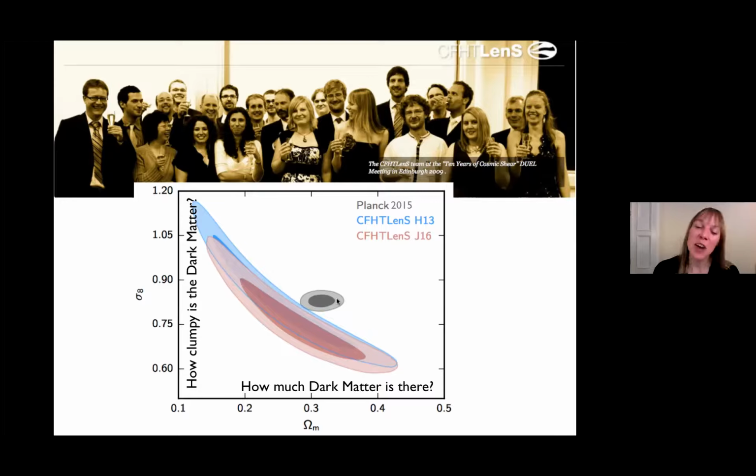Okay, so picture the scene. I'm just a young postdoc. I've shown these results. I've been working on them for years and years, and the establishment disagree. The establishment think that this is wrong, and therefore I must have done something wrong. And every single talk I would give, the establishment, the typically old white male professors, would stand and go, Catherine, can you tell us what you've done wrong? So I really wanted my next project to be right, i.e. I wanted to agree with what the establishment said was right. And that's a really bad way of doing science, people, okay?